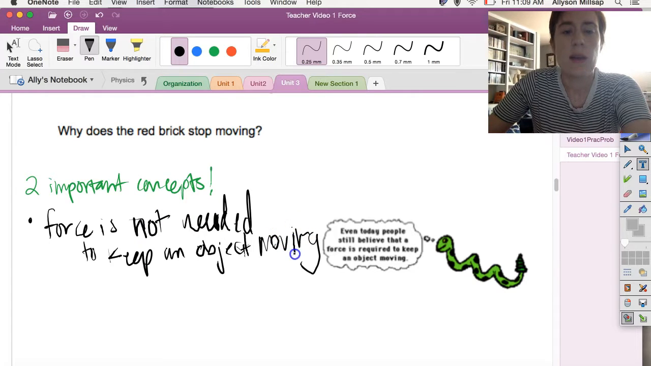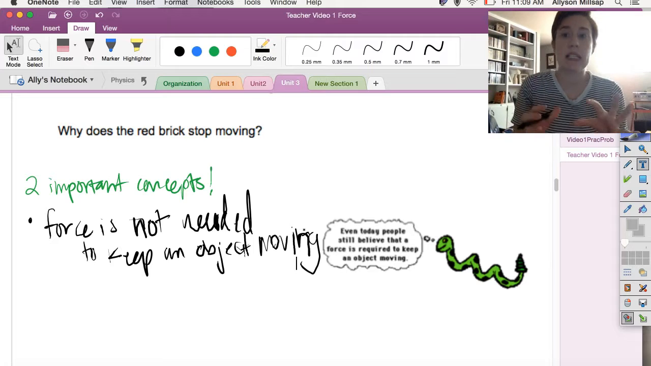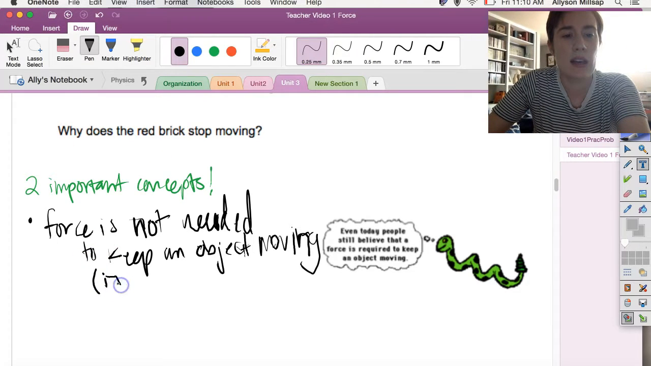Okay. Now that might be contrary to what you think. We're talking about in a perfect frictionless environment where there's no friction, force is not needed to keep an object moving. The object will continue moving forever. And I should put here in a frictionless